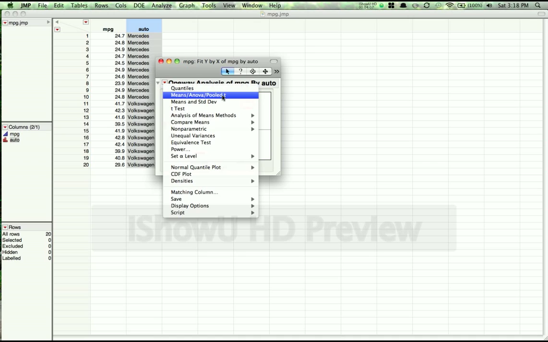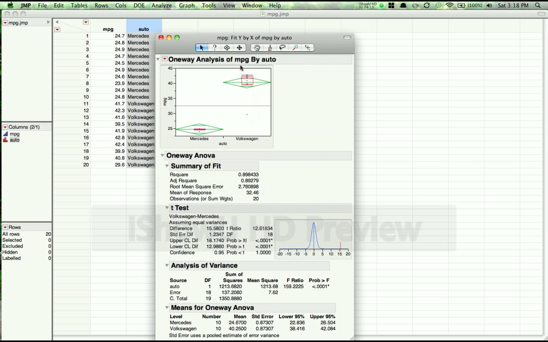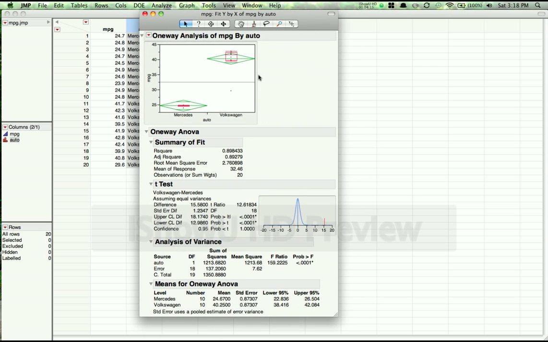So if we go down to the second option, the Means/Anova/Pooled t option, and click on that, that's actually what we want. Now be careful here, because this gives us way too much output, much more than we want. We really only want to focus on this t-test area here,